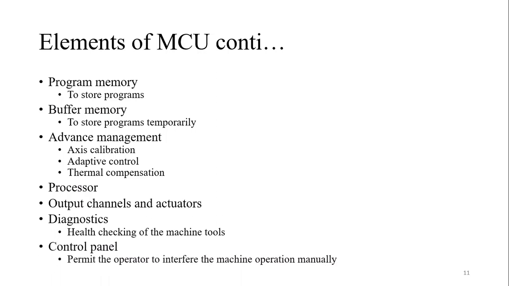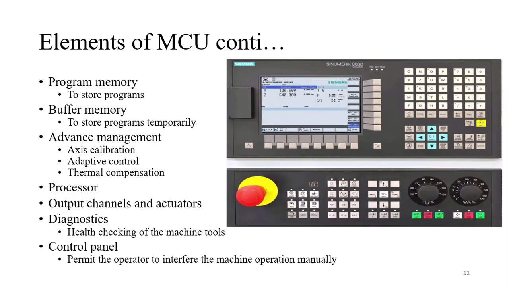Fine. Then there is a control panel. The control panel is the interface through which you are contacting the machine. You upload commands or control the machine through the control panel, which permits the operator to interfere with the machine operation manually. So if the program is automatic, there is a manual override. It means you can do anything in between. If some mishap happens, you can stop the machine at any time. Clear? So this is the control panel of the machine.